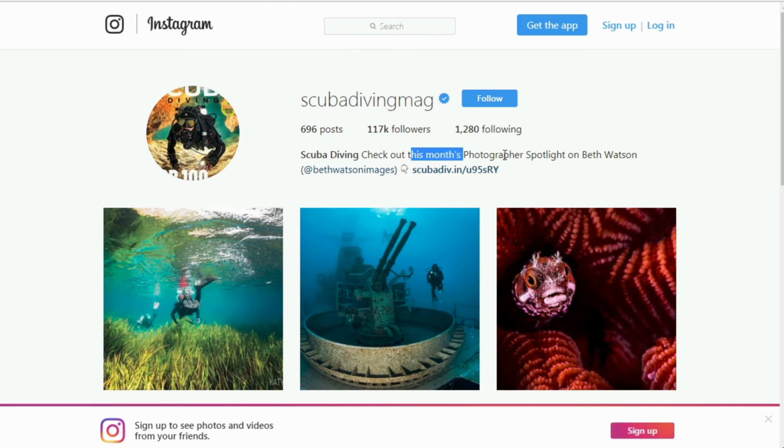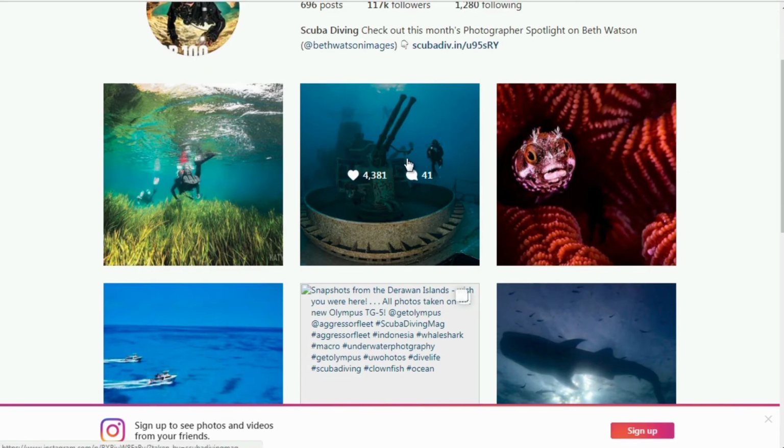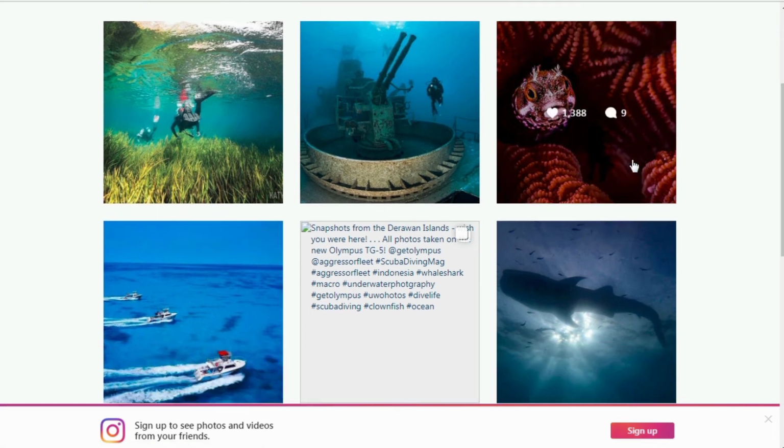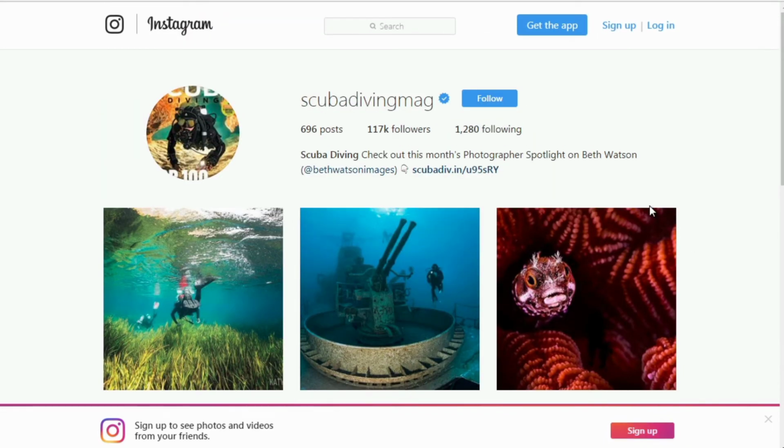Now, she's more into photography, so she's probably going to attract people who are in photography. So it's not really going to be scuba diving equipment, but rather people are probably going to want to know, hey, what camera are you using? What equipment are you using? What scuba diving equipment are you using? And all that for the purposes of photography. So you see how in this example, it may not necessarily be that she's selling scuba diving equipment, but rather that she's attracting a specific type of mindset. So you have to get an idea of who you are attracting. In this case, scuba divers who love photography.